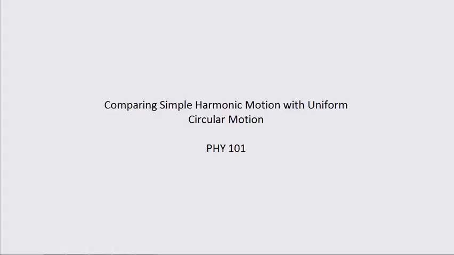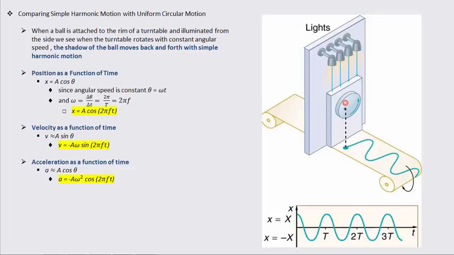In today's video, we'll be comparing simple harmonic motion with uniform circular motion. So how is simple harmonic motion related to uniform circular motion? If you did a quick experiment, and you had a ball attached to the rim of a turntable, which we have illustrated in our figure to the right, and it is illuminated from the side, we see that as the turntable rotates at a constant angular speed, the shadow of the ball moves back and forth, creating a